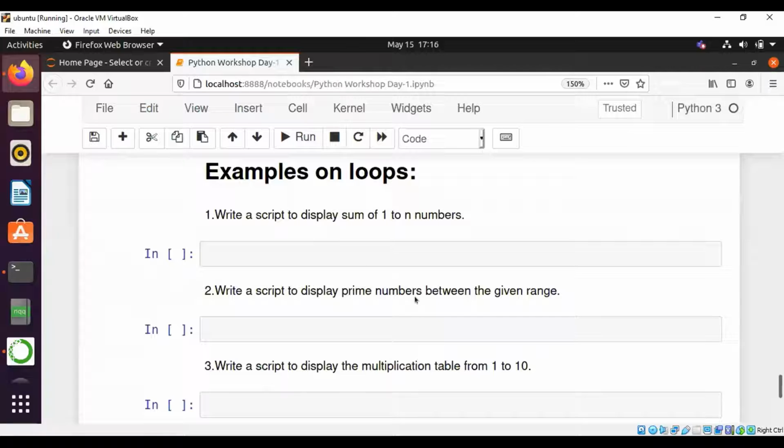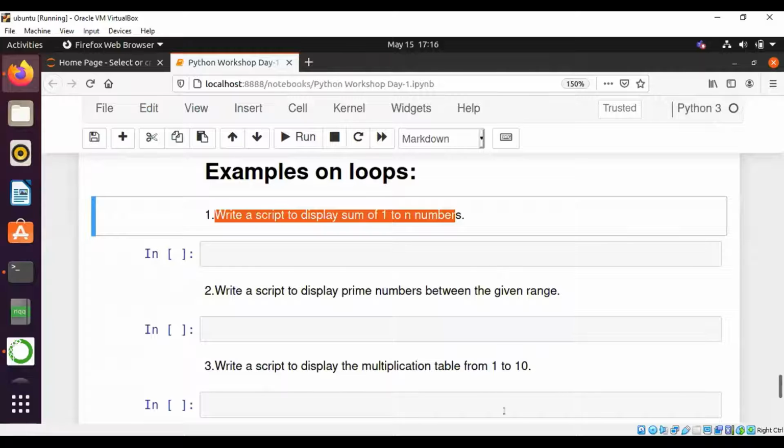Still we have 15 minutes, so anyone can write a for loop for these. I will check in the chat box. Just a for loop is enough. Okay, I will give you 2 minutes. Let's see if anyone is ready to answer the question.